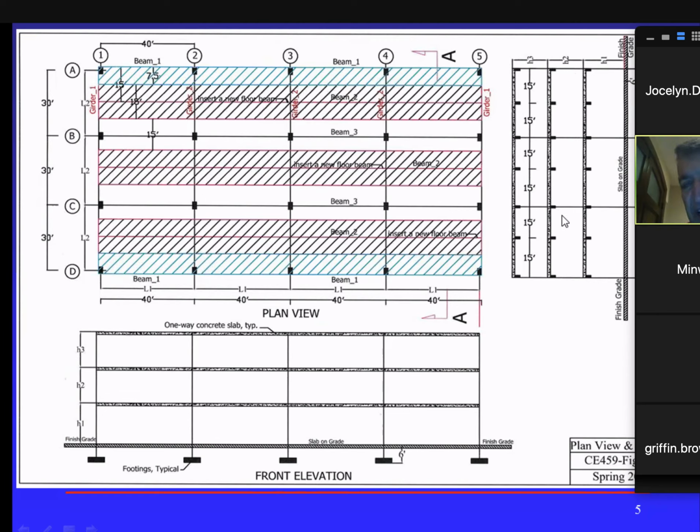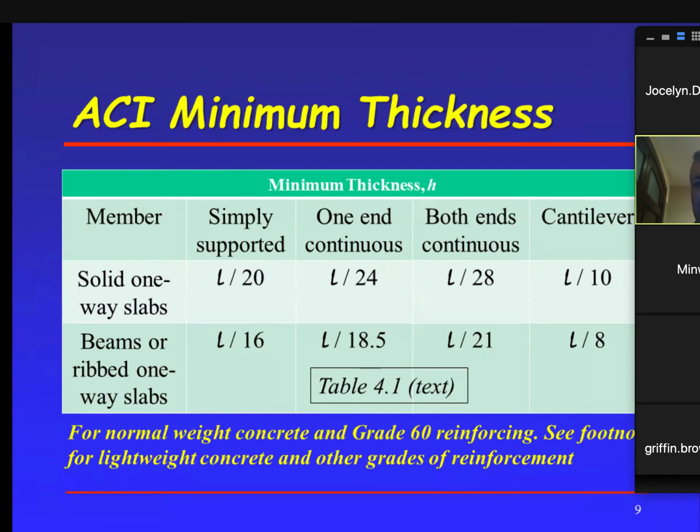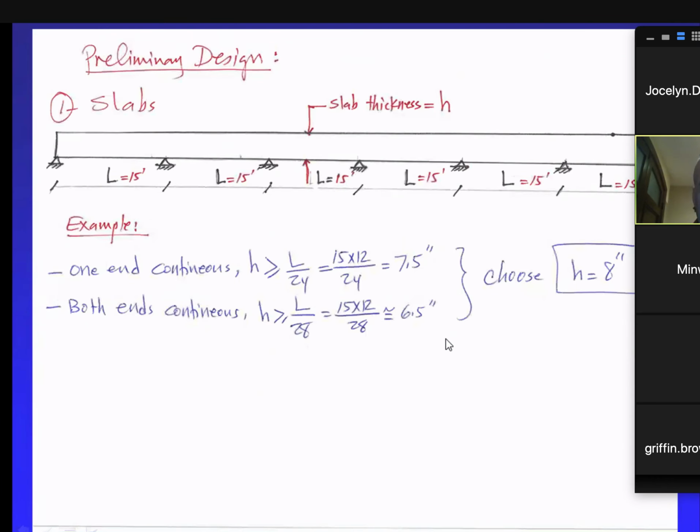So looking at the cross section, my spans for the slab is now 15, 15, 15, 15, and so forth, because I started with a 30 here and I broke it in half. So this is my slab then, 1, 2, 3, 4, 5, 6 spans. Remember that? So we took that, and of course we determined the thickness of it from here, and then